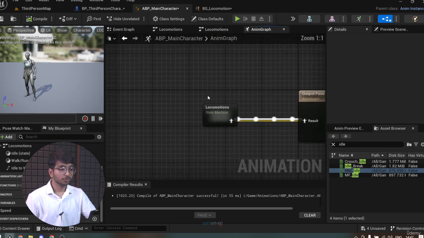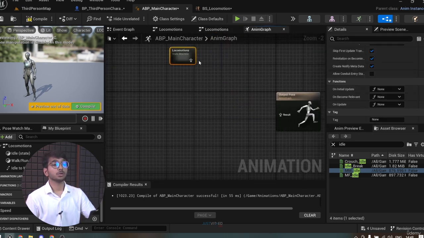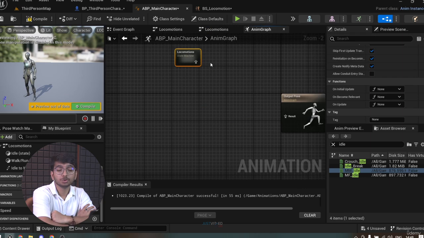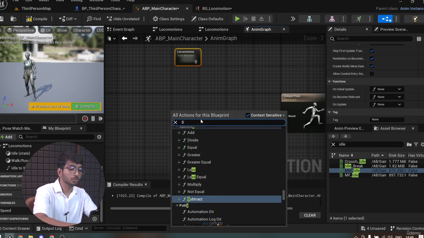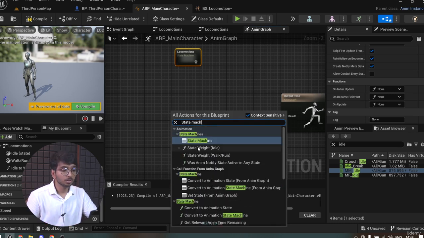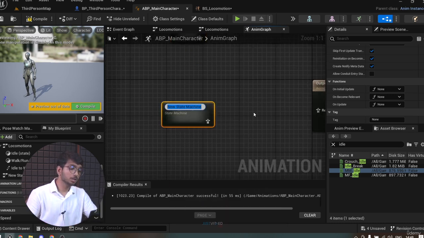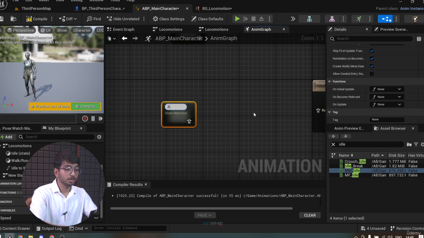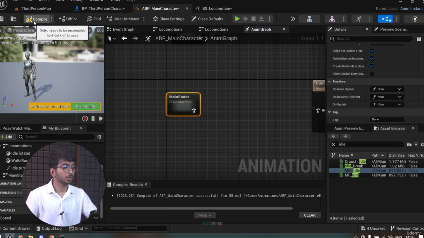So for now, I will be disconnecting the locomotion from here because we won't directly use the locomotion state here. We'll have one more state which will contain all of the states. We'll call this main states. We'll right click on this, search for state machine, and call this main states. We'll compile,